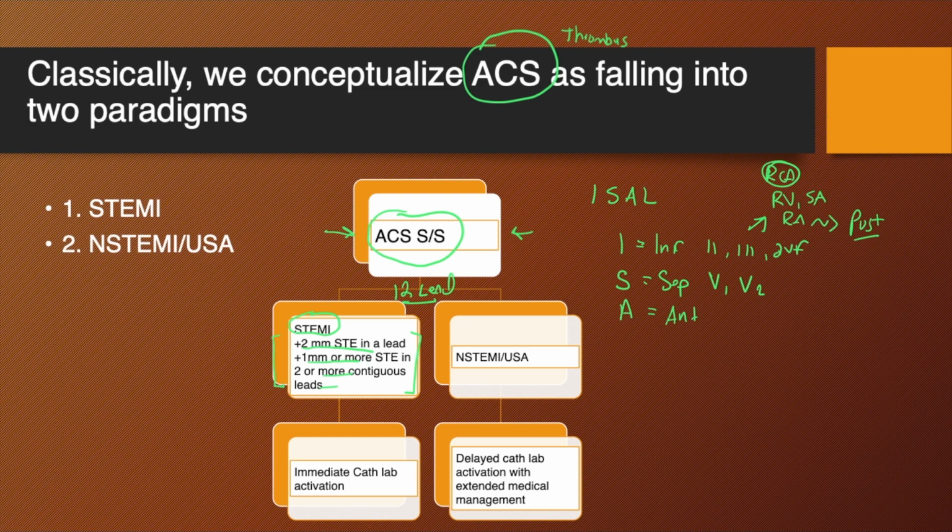The septal and anterior, V3 and V4, tend to go together, V1 through V4, and this is the left anterior descending artery of the left coronary. So you have the left main coronary artery, and then it branches into the LAD, which goes along the front, the anterior septal surface of the heart, and then the circumflex, which goes along the left side of the heart and feeds the lateral wall of